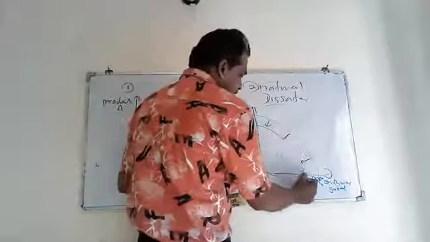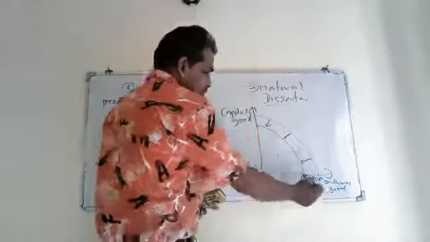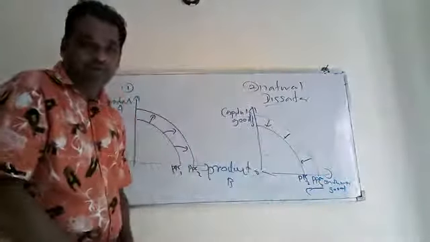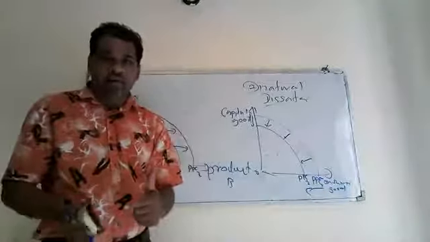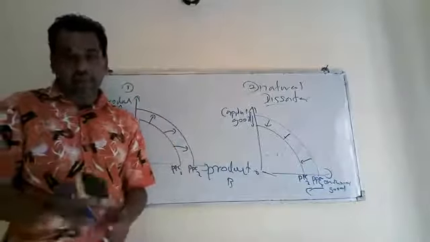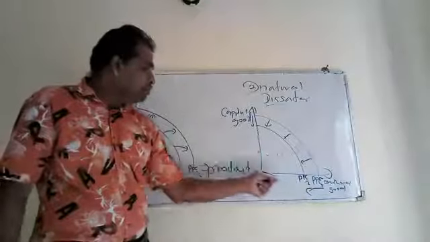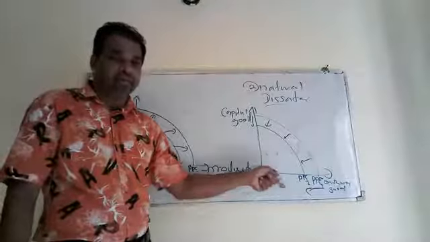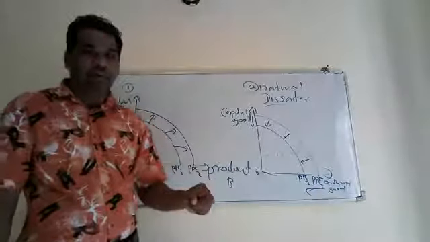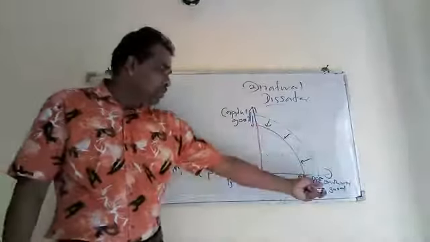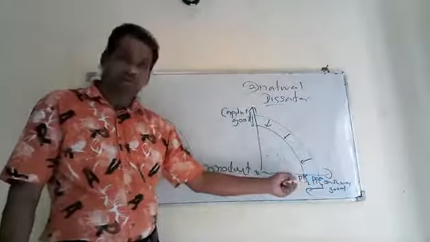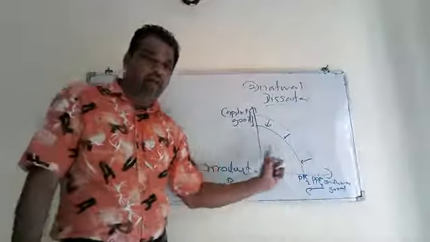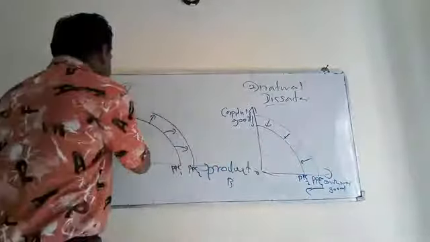Right. This is PPC 2. You can indicate like this. Our production capacity will come down because of decrease or destruction in our capital resources. You have to draw the diagram like this and explain. Because of destruction in capital resources, our production capacity will come down. Therefore, original PPC 1 will shift backwards because of the decrease in production level. Likewise, you have to explain to earn your marks. Right.